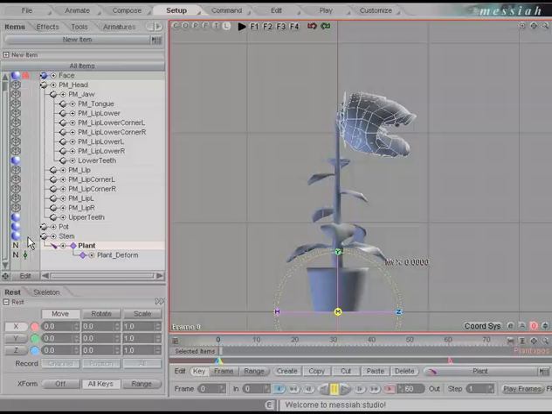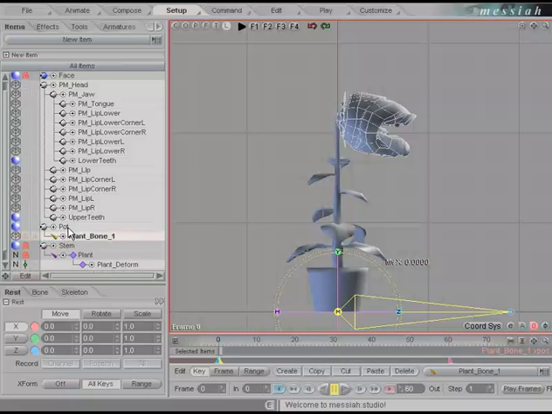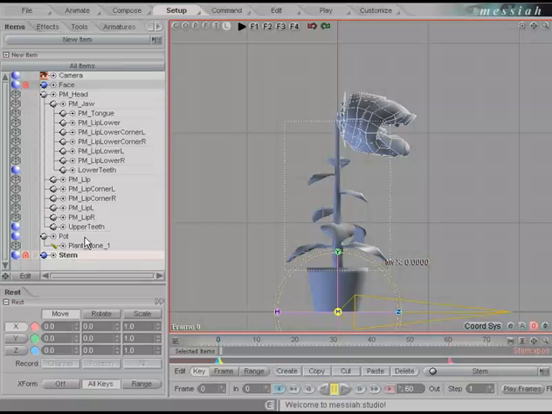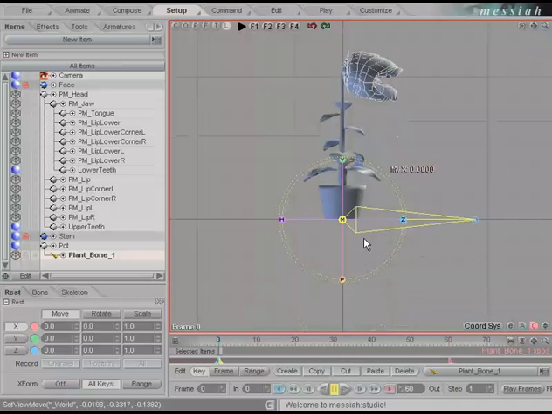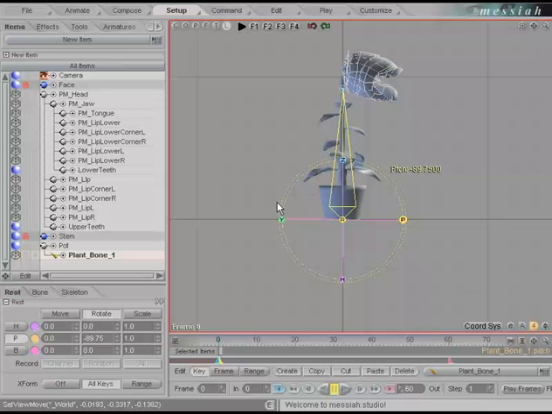We're not going to need the stem anymore, so we can red lock both of those. But we will need to add a bone first. So tap the plus key while your bone effect is highlighted. We'll parent that to the pot. We'll close down the stem. Drag that up so the pot is sitting on the bottom and the bone draws on top of all the other geometry. We'll pitch this one up 90 degrees